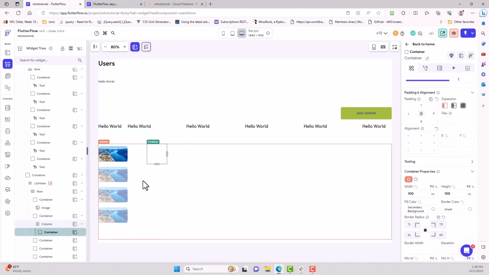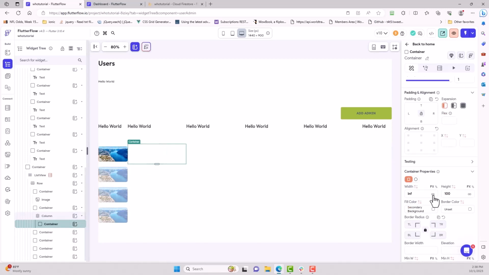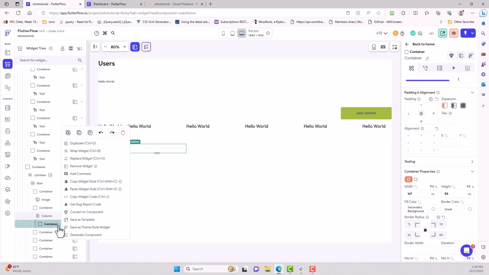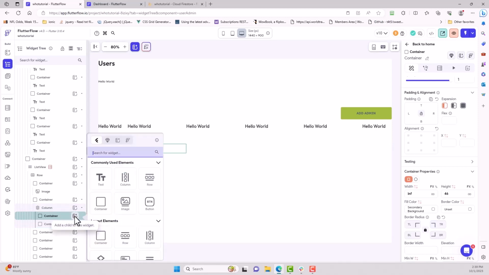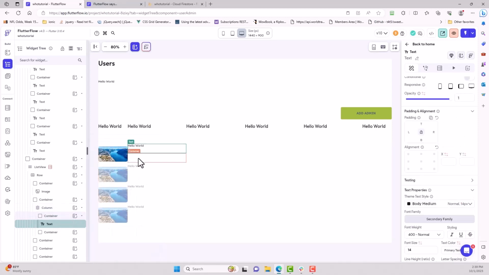Container 1, might as well, as I always do, make it infinity. In fact, this one we might as well make it thinner, because we're going to copy that as well, duplicate that so we can put the job title in there, and the name of the person there,